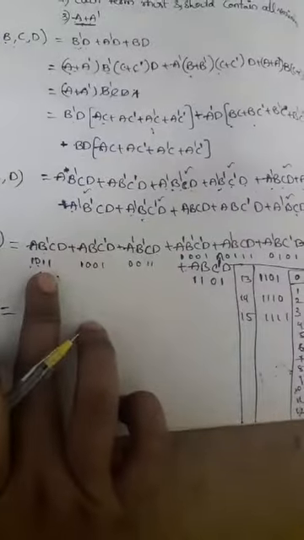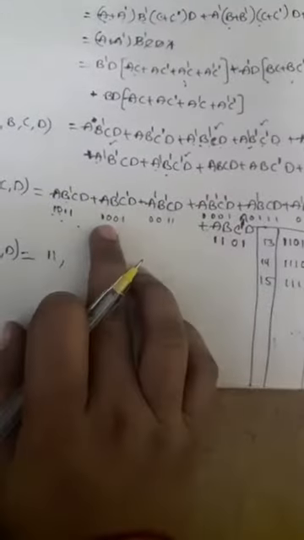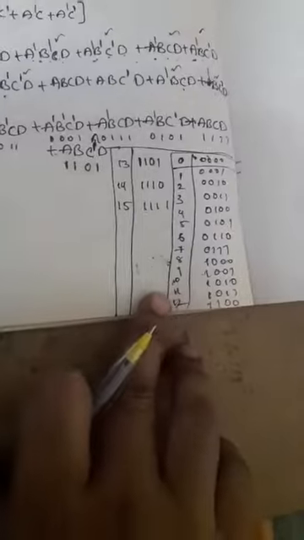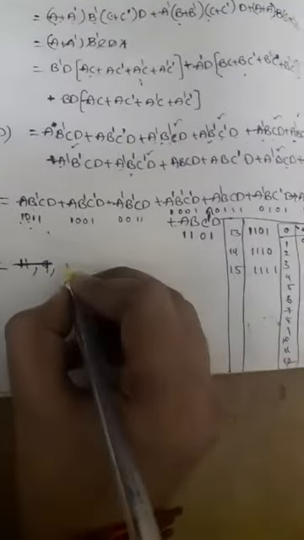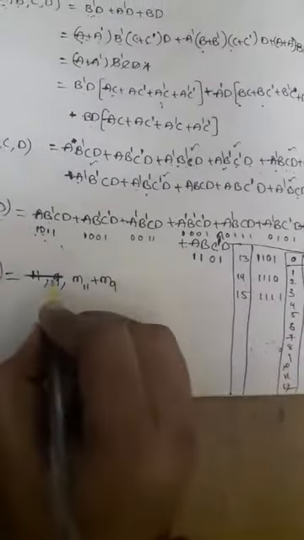Okay, so first one 1 0 1 1, 1 0 1 1 here, that is nothing but related to 11. Next, 1 0 0 1, 1 0 0 1, where it is here, that is nothing but 9. Next, 0 0 1 1. Okay, how to write these values? In terms of min terms, no? So you will write like this, m11. Sum of product is nothing but min terms. So min terms, how to write it, that symbol is small m.